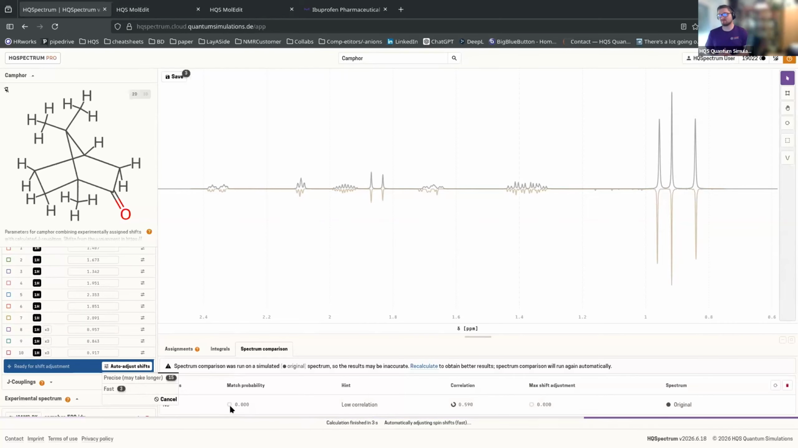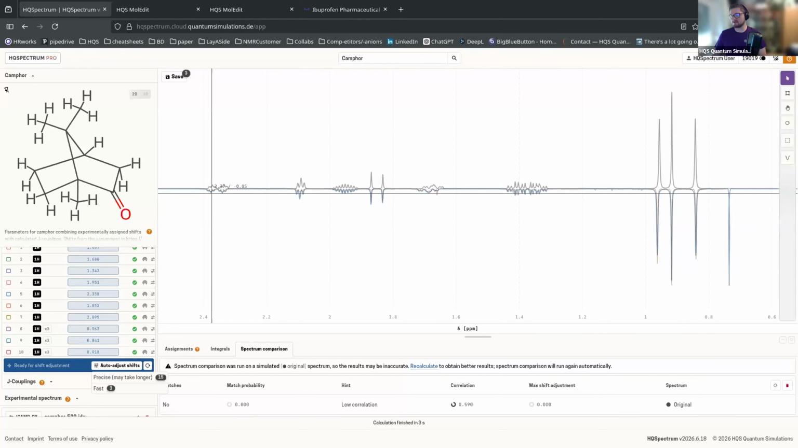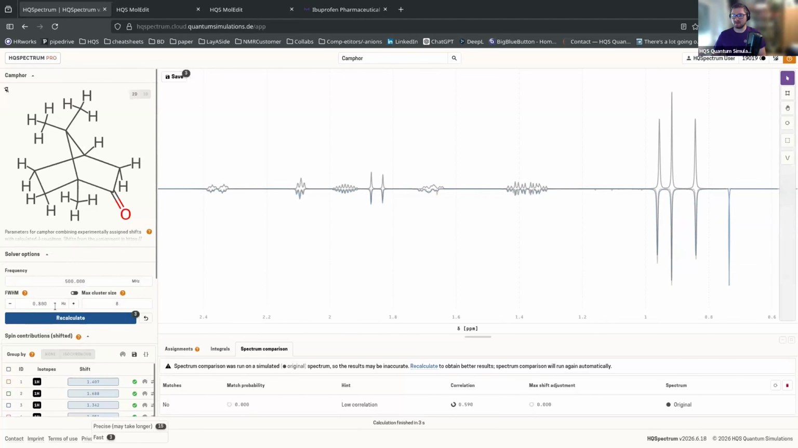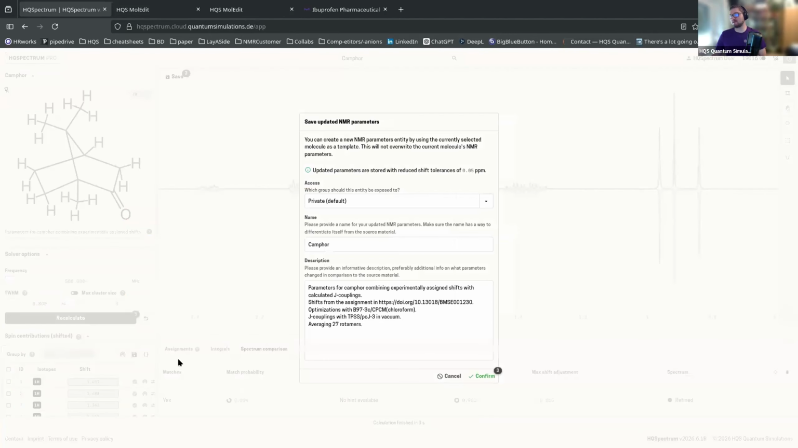I will just briefly use the fast one for the matter of time, and I see that there is immediately a blue line occurring, which is the new refined spectrum. When I recalculate this, it now shows me that this adjustment led to a really good overview, and you can also directly see this in the spectrum comparison, which is now a match for this spectrum. And what is really cool now, I can save this as a reference. I can say, okay, this is now my camphor reference